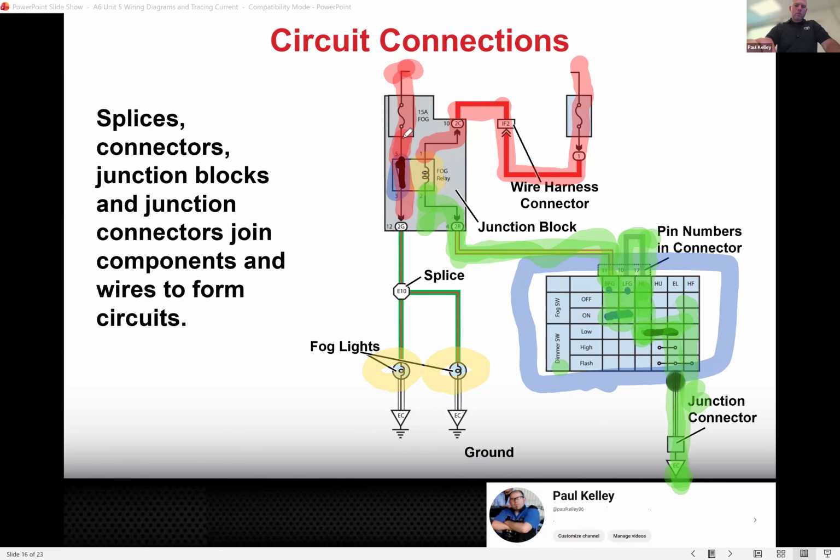It's going to pass through, and it's going to go hit the fog lights right there. At that point, that's going to stop. And then on the bottom side of the load, it should be ground and ground. That's your correctly traced circuit. Okay, make sense? Then, because we looked at wiring diagrams quite a bit, remember there's a lot of information on